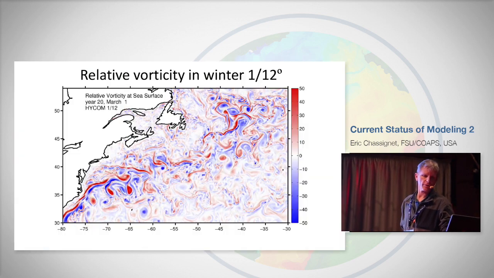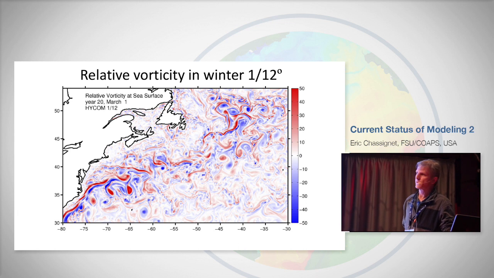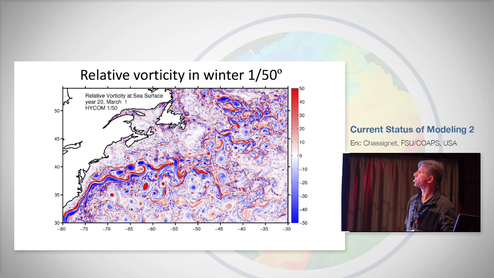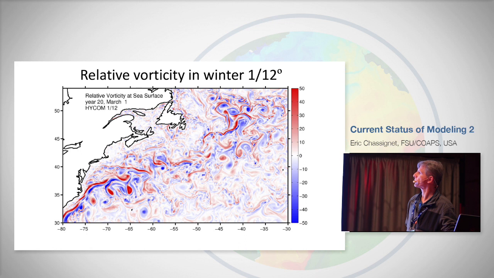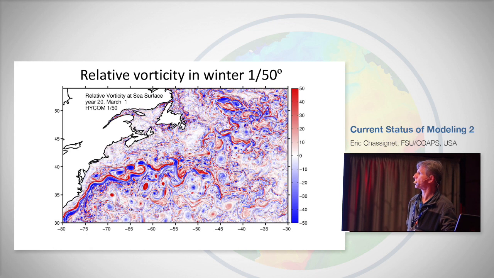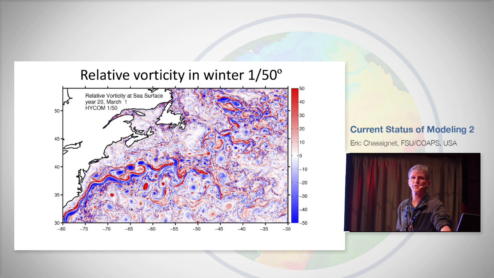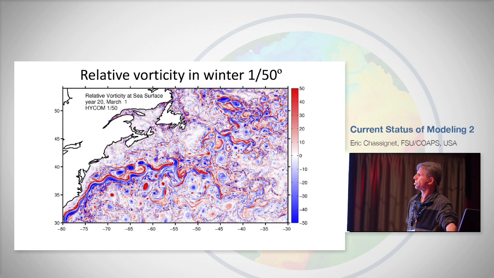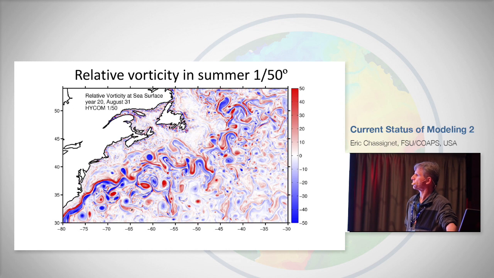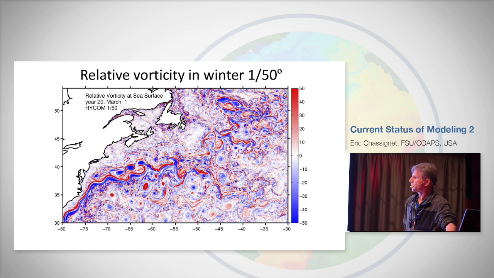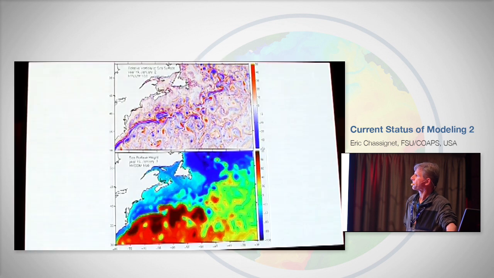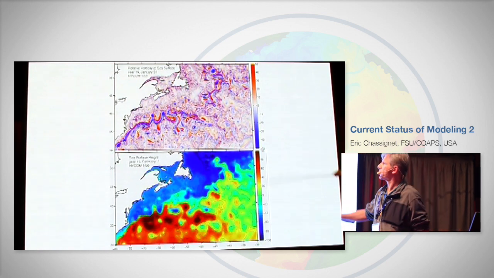And so here's another way of looking at it. This is for a specific snapshot in winter when you have the maximum submesoscale eddy activity. This is 1/50th, this is 1/12. Okay, so a very big difference in the amount of small-scale features. Then the same thing between summer and winter in the 1/50th. Julien showed a similar picture for the NEMO model, but that's the result of the baroclinic instability in the mixed layer. So here is another movie again, the 1/50th